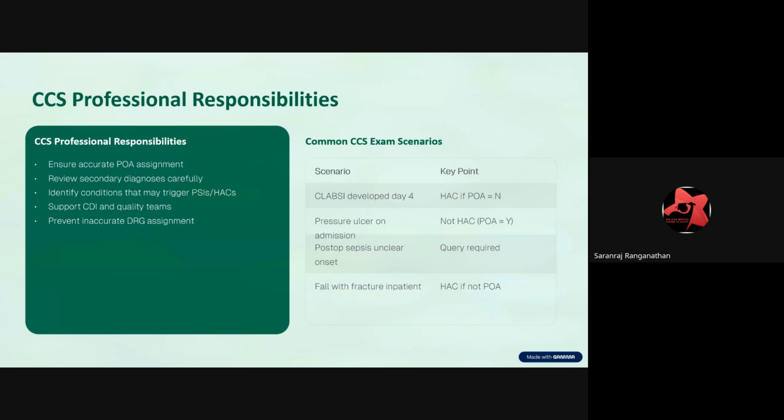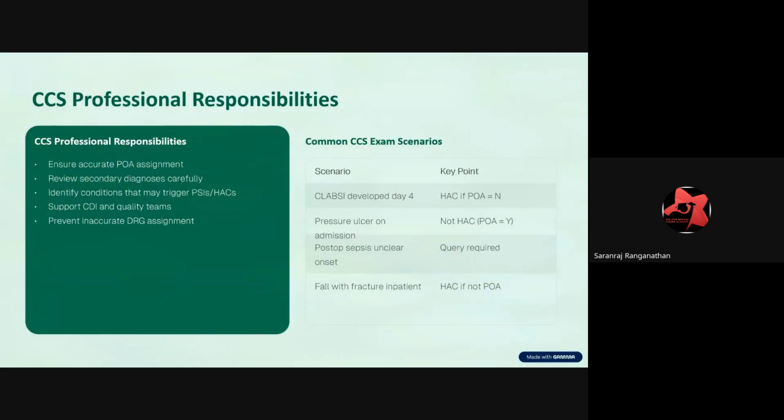Then a fall with fracture in an inpatient is a HAC if not POA. During the inpatient stay, he got the fracture. If I'm telling a hospital acquired condition, I cannot go with the POA indicator. These are some of the examples I provided for CCS exam related scenarios. So this is on PSI as well as HAC. Again, for HAC, based on the secondary diagnosis, you will be able to understand what type of condition it is, whether POA is Y or N. When it comes to PSI,